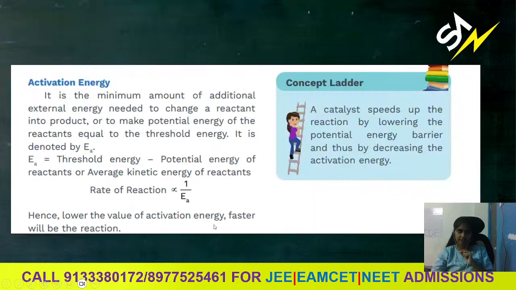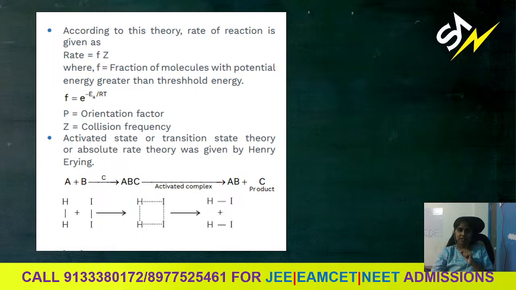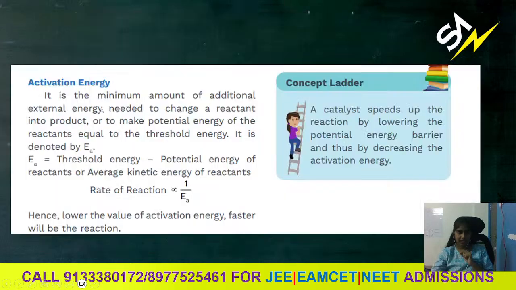So let us see what activation energy is. In the previous equation we have seen Ea. That Ea is known as activation energy. So what do we mean by activation energy? It is the minimum amount of additional external energy needed to change a reactant into a product. The minimum amount of additional energy required to change a reactant into a product is known as activation energy,